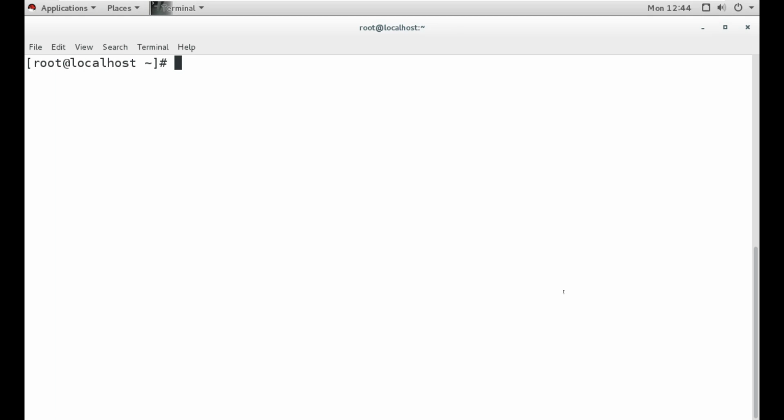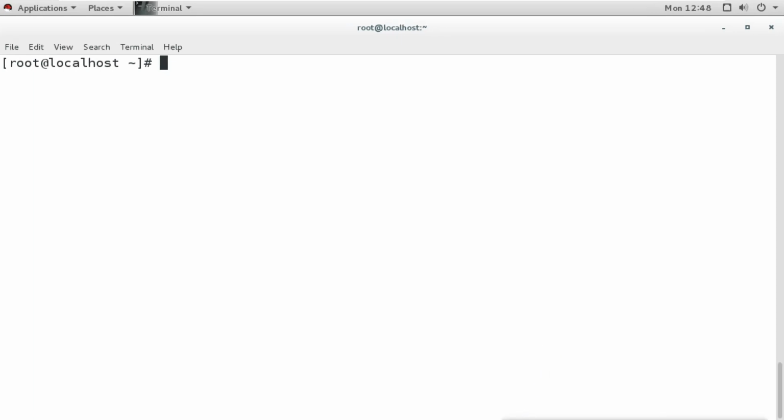Okay, now what we need for installing the virtual machine? We need some packages to be installed. So the first package, I'm going to install with yum, is qemu-kvm and qemu-img.